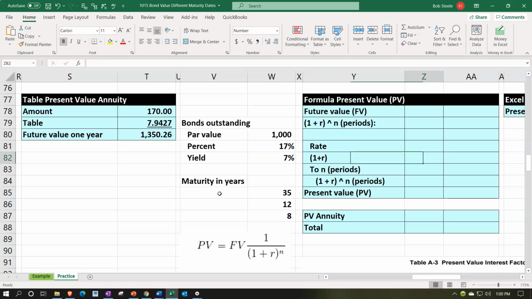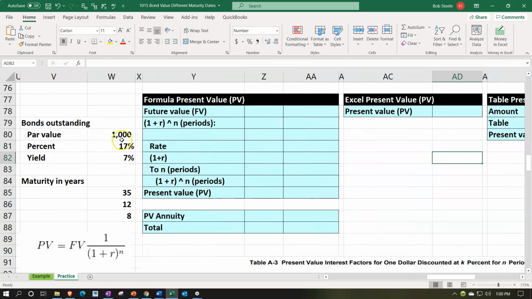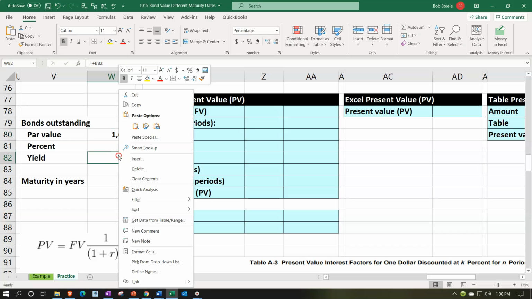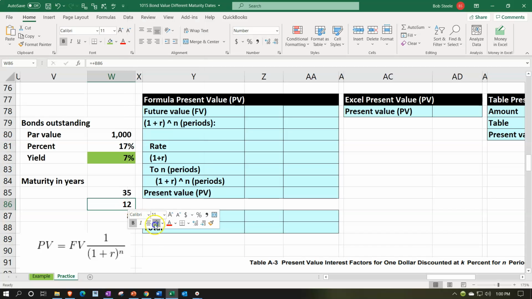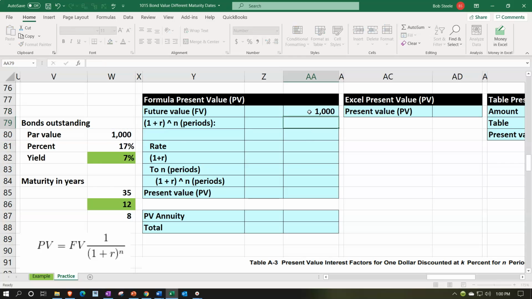All right, second half of the problem, present value of the 1,000. So now I'm looking at the 1,000 present valuing, where I'm going to make this rate the green one because that's the one we use most, and 12 years. I'm going to greenify those two. So formula: PV equals future value times 1 over 1 plus r to the n, breaking that out into our table again. This equals the 1,000. 1 plus r to the n is going to be 1 plus r, 7%. Home tab numbers, percentify, underline, to the n, which is going to be 12 years,